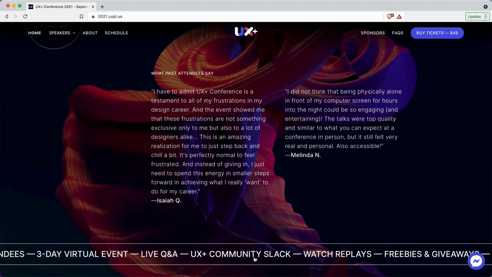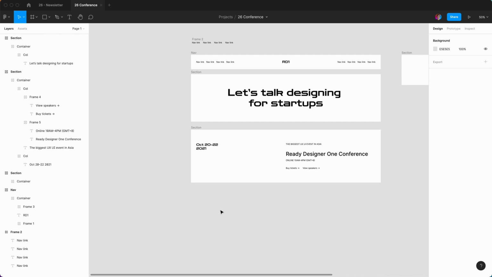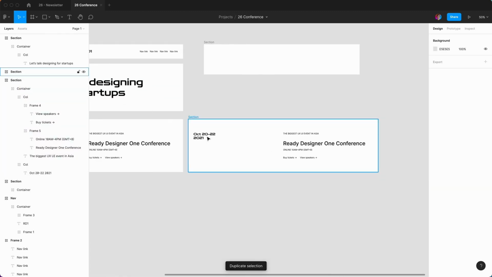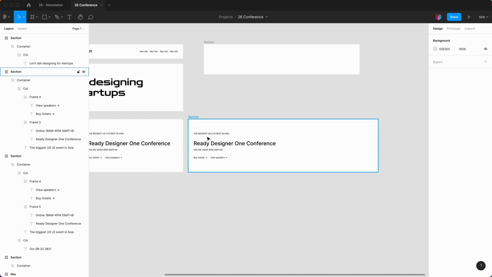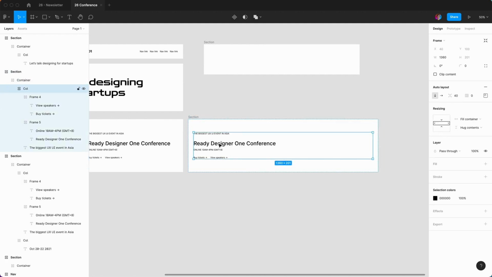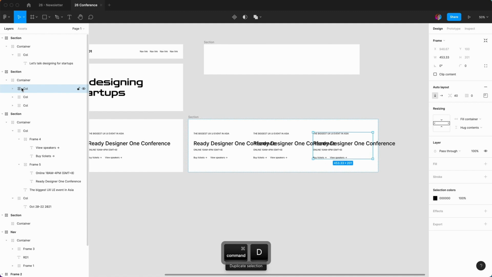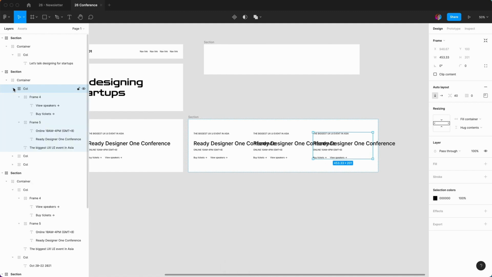So actually, let's do some testimonials. So we just duplicate that. And what we're going to do here is we're going to delete that one, but we are going to duplicate this column. Okay, so Command D, you can see it's already auto laying the columns for you. Command D again. So this is obviously not going to fit. So what you have to do is we have to go into